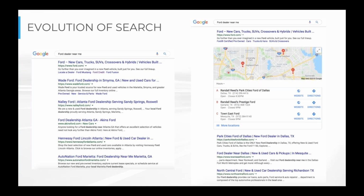As we've moved into 2018, you yourself, just being a creature of the internet, are seeing changes happen. So let's acknowledge them and solidify them as far as what we're talking about here. So the first piece is looking at the Google local listings, right, at the map pack that we're looking at here. And you can see that it is showcasing the top 3 locations based on the query for dealer near me. If you look down to the organic listings below the map pack, what you see is Park City Ford at Dallas. You'll see Ford dealer near Dallas, which is actually Town East Ford, and then North Central Ford. Now, when you look at the map pack and you compare those results, you can see that only one of those results is transferring across both the local listings in the map pack and also in the content